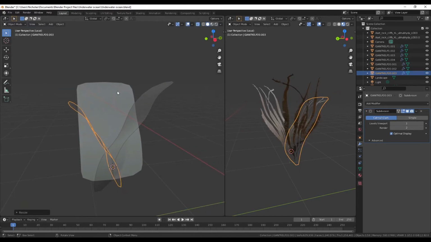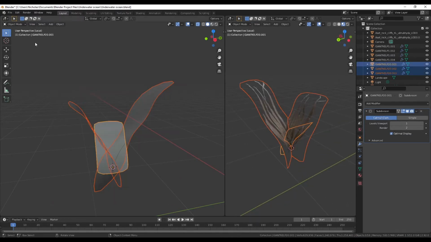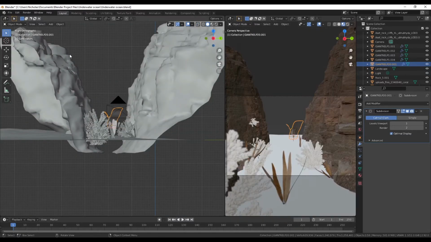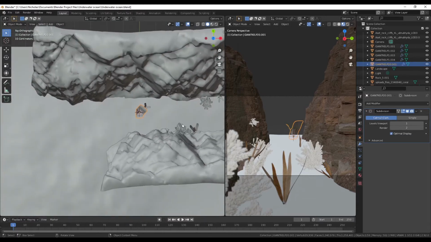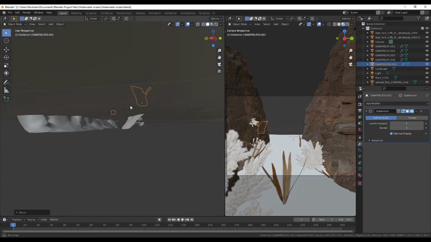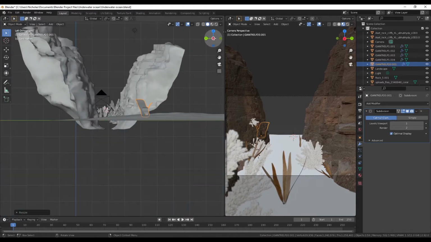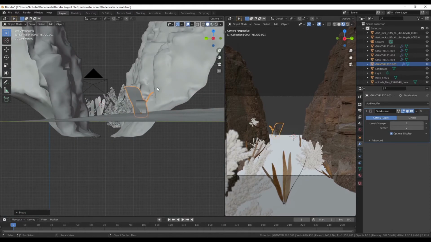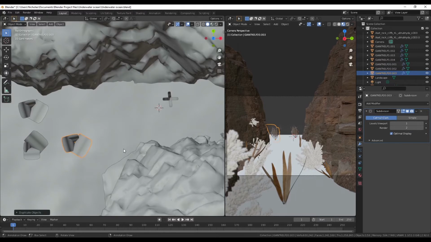Probably need a little bit of diversity. There we go, and we can just say object, join, and then we're going to go back by pressing backslash again, and then alright, we've got our other kelp here, so we can just place that on the sea surface. There we go. Go up, give it some randomness, some more randomness,